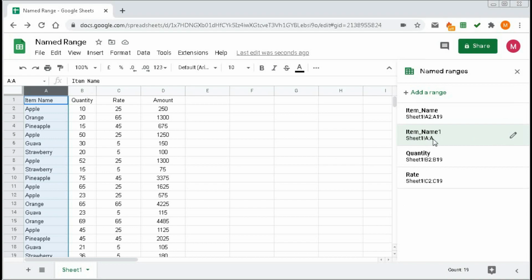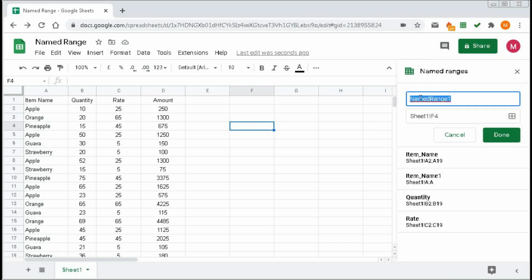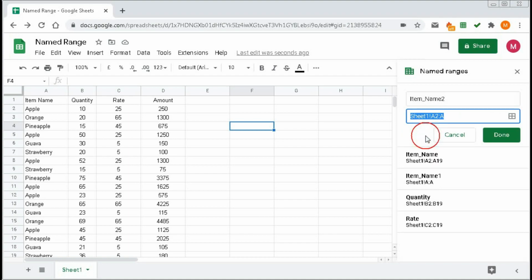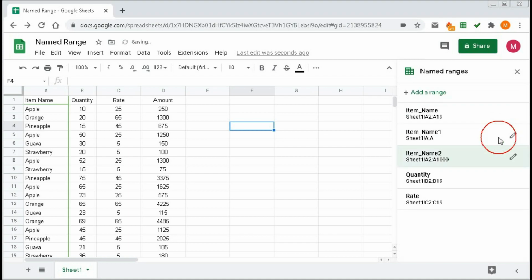Click OK and Done. So here we got another range, that is item_name_1 from total A column, A to A. And another way is, click on Add a range and here type item_name_2 and go to select data range, and here type A2:A and click on OK and click Done.